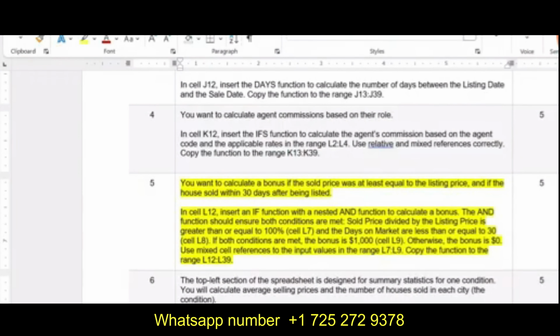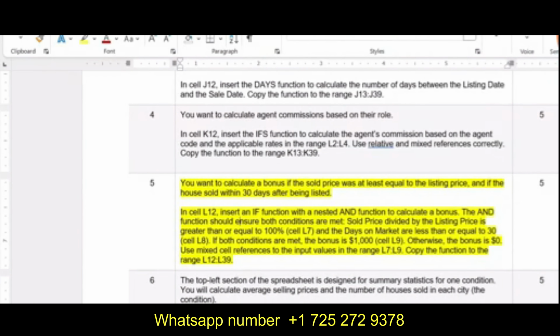So step number 5 is, you want to calculate a bonus if sold price was at least equal to the listing price, and if the house sold within 30 days after being listed. In cell L12, insert an IF function with a nested AND function. That means we are going to use the IF plus AND function in this step.